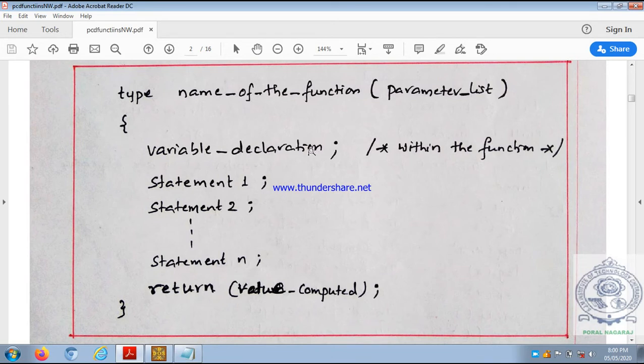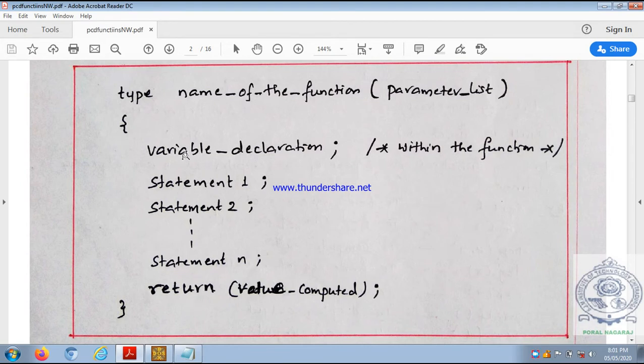So what is the declaration part here? Variable declarations. What are all the variables you are going to use in the body of the program? Those variables must be defined here, means memory has to be reserved for those variables, no? That's why the variables have to be defined here in the variable declaration. Of course declaration is terminated by a semicolon. These declarations are within the subprogram function, that's why we call them local variables.